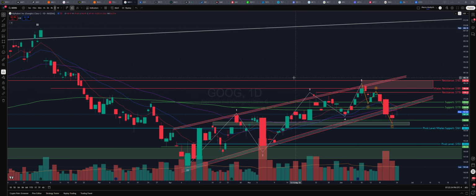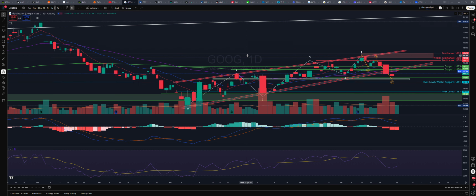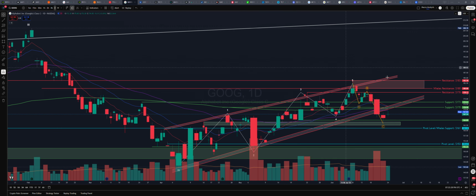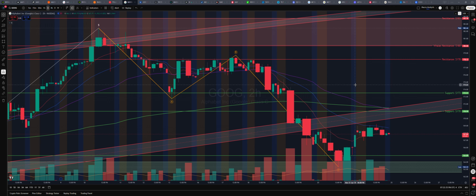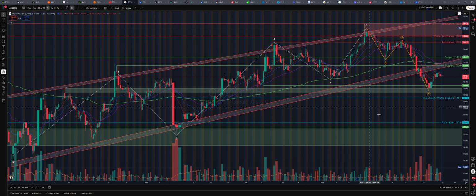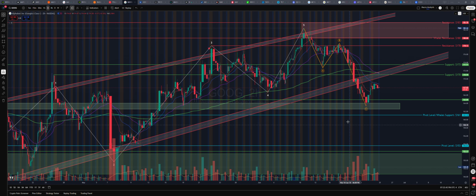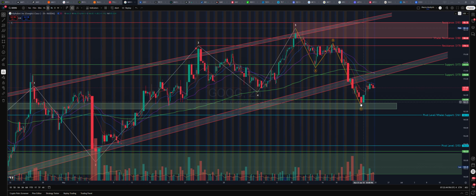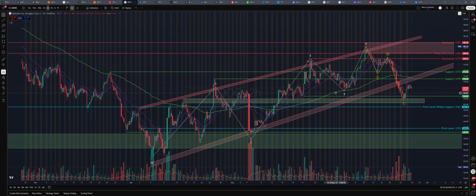Not sure what we're going to see here with Google, but here's a couple things I'm looking for at Google here. Google looks bullish if it completed its ABC retracement from a 5-wave move to the downside, completed its 5-wave move, and now we're looking to see whether or not Google could do a 1, 2, 3, 4, and a 5 to 178. So we're looking for some upside here now in Google, but it really depends on the overall market.